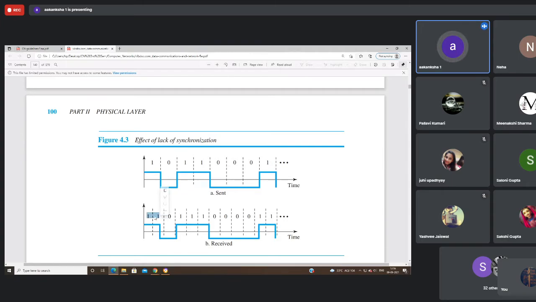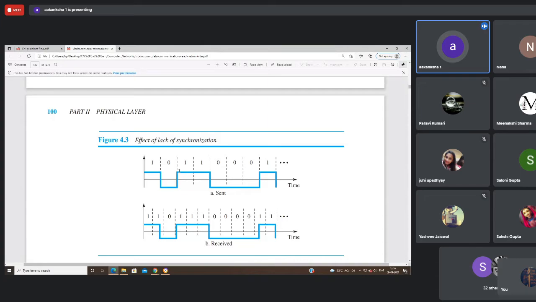Because we are sending a constant DC voltage level, the sender is sending a constant positive voltage of 1 volt. The receiver clock for that duration is receiving a high voltage, so it will interpret 2 ones, because its next clock cycle has started. So the next bit will also be represented as 1. Now during this duration, it is sending a low voltage. The protocol says it should represent a low or negative voltage level as 0. So for this duration, it will interpret 0 as 0.